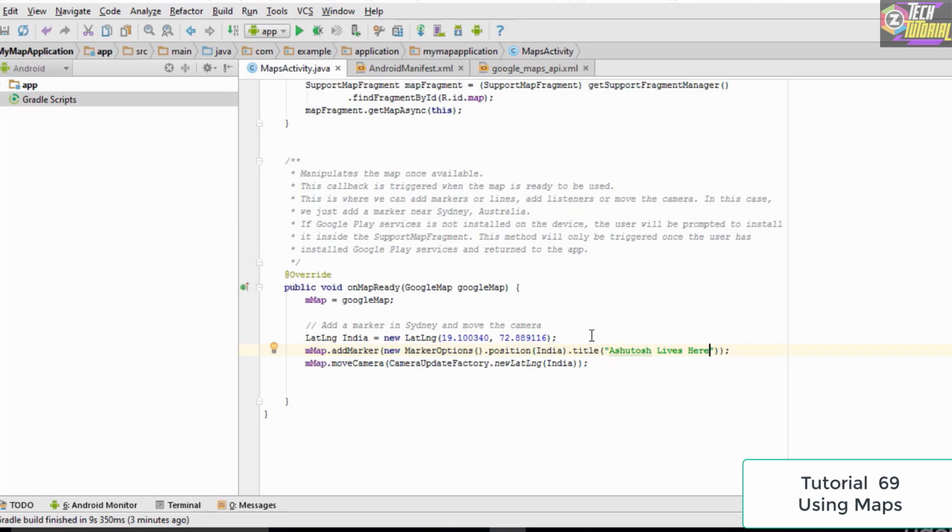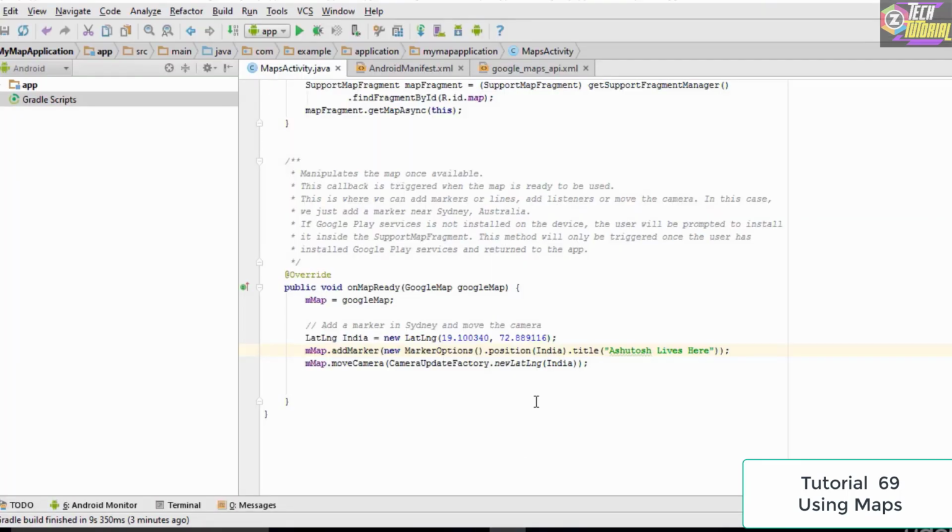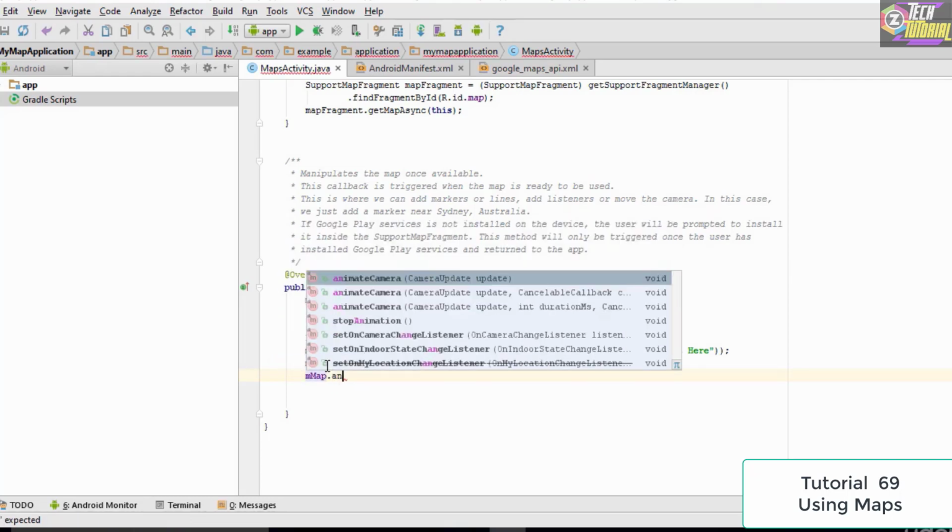Now the thing is that when you run this application on your device, what happens is that your position would be displayed on the map, but it won't be like zoomed in at the current position. So what we need to do is that we actually need to zoom in the map automatically when it loads up. So in order to do that, what we do is that we use this map object right here. So we type mMap dot animateCamera,